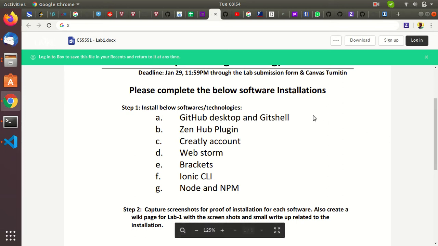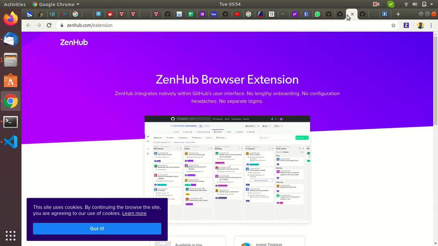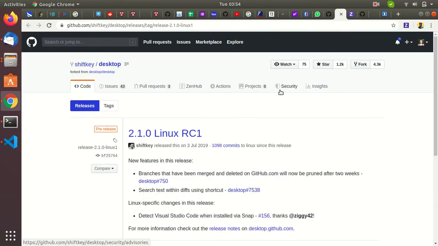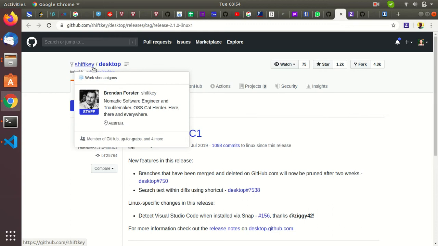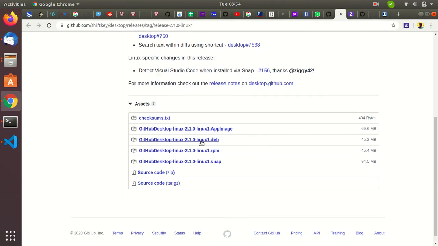Let me take you through the following installations of the technologies. First of all, we'll see how to install GitHub Desktop on an Ubuntu machine. For Ubuntu, Desktop is available as part of the ShiftKey desktop repository on GitHub. You can download the Debian image .deb and open that with either Software Center or use a command line to